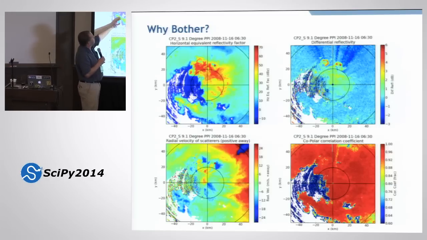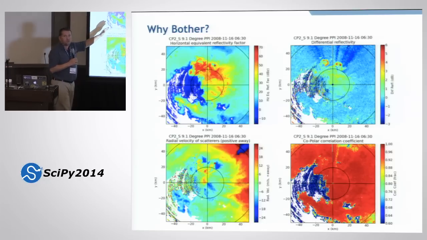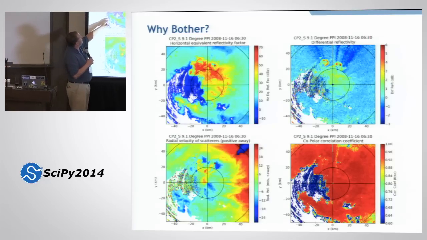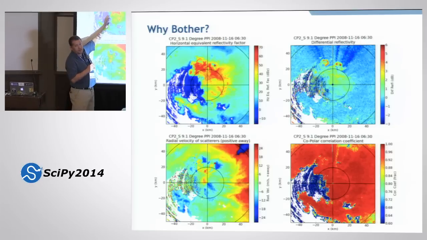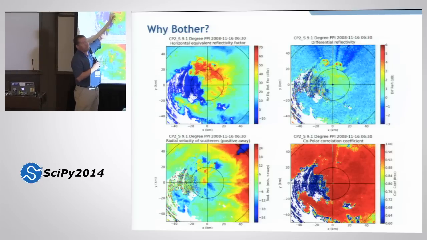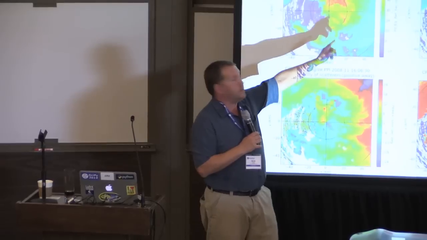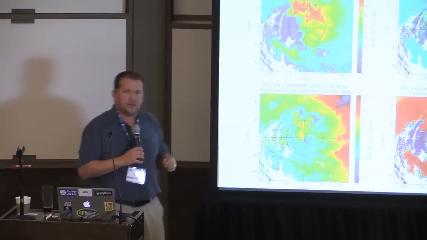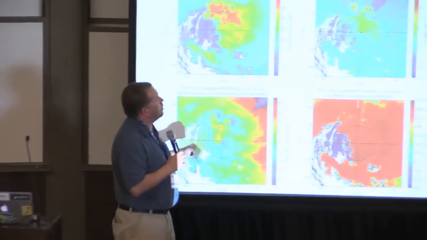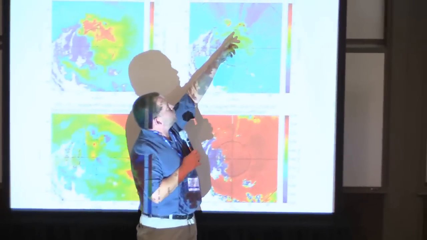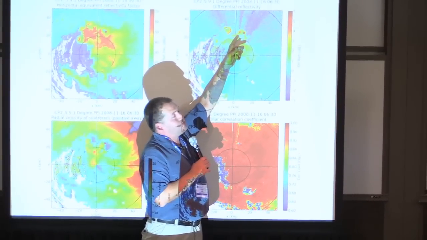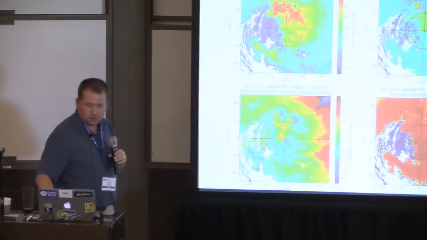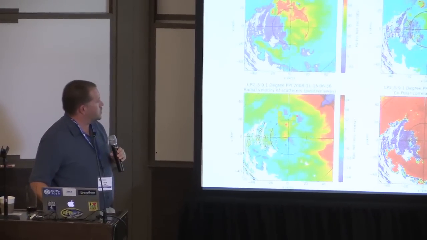This is a slice through a storm out of Brisbane from a radar we were using out there during a field program. This slice is taken at 9.1 degrees. This is my reflectivity factor here. We use logarithmic units. This is what we call 60 dBZ here. 60 dBZ means nasty stuff, basically, either very, very heavy rain or hail. We can see here in the differential reflectivity, we get this big signal here that shows that, yes, there's some anisotropy there. This thing actually has a different cross-section in the vertical as well as the horizontal.